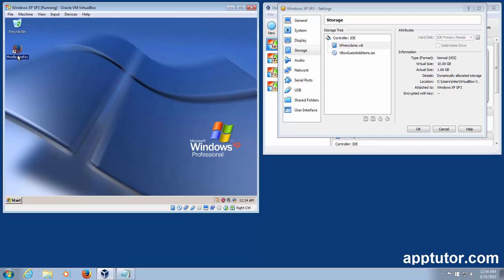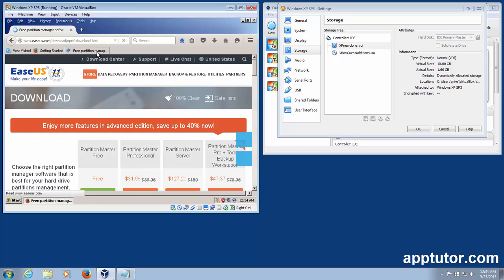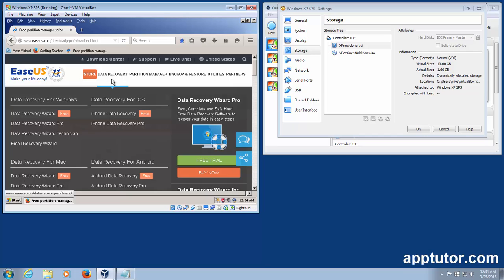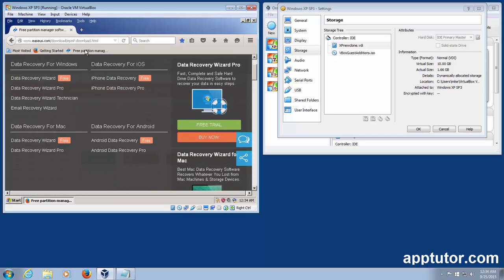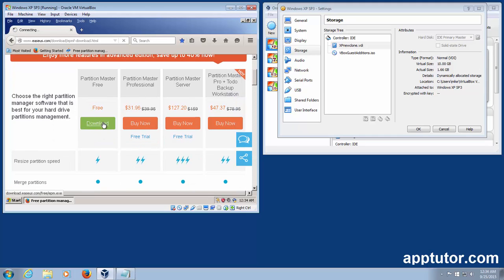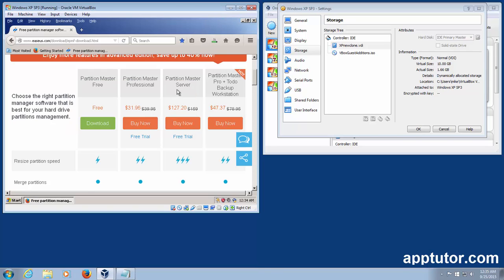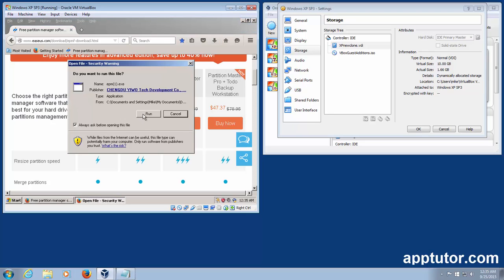I'm going to quickly run you through the EaseUS partition software just so you can see. It's easeus.com, and just look for their free software. So it's the free version. I'm going to download it, and I just want to show you what not to select when you install it so you don't get any unwanted software. I do not want to recommend any unwanted software. So if I open this up, hit run,